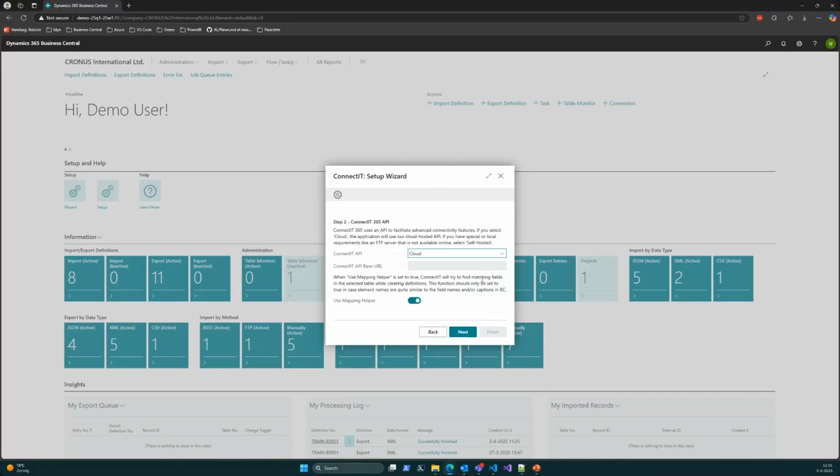So the reasons for using a self-hosted API could be that you want to make sure that all data is only transferred between your own services, or for instance, if you have services like an FTP server available that are not available outside of your own local network. So in that case, you might need a local API as well that can interact with that FTP